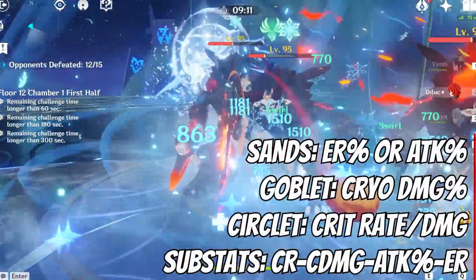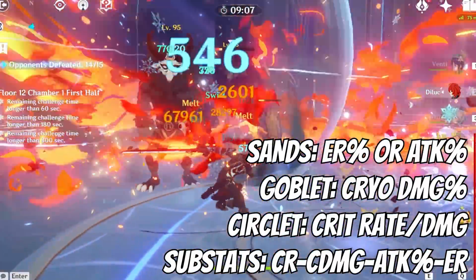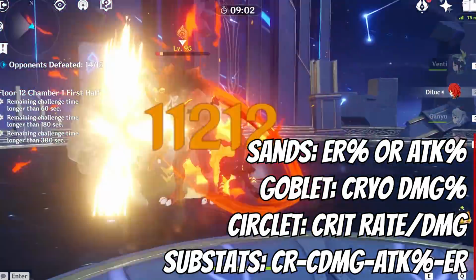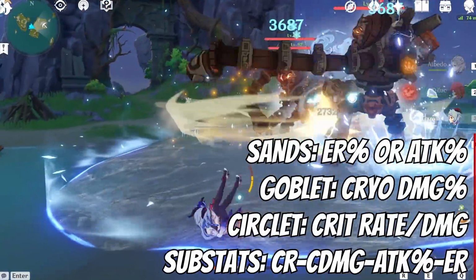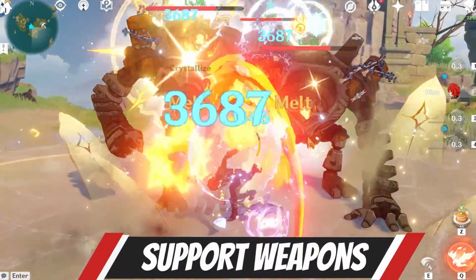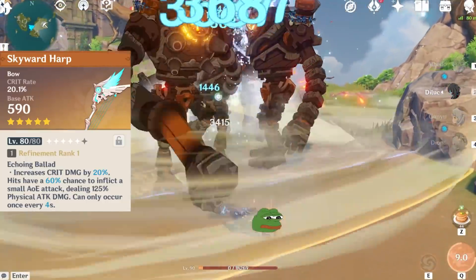For support Ganyu, you will want to go energy recharge or attack percentage on the sands, cryo damage on the goblet, and crit rate or crit damage on the circlet, depending on how well your substats have rolled for crit rate. The perfect substats for her would obviously be crit rate and crit damage, as well as attack percentage and energy recharge. Now, as far as weapons go for a support Ganyu, Skyward Harp would obviously be the optimal option,